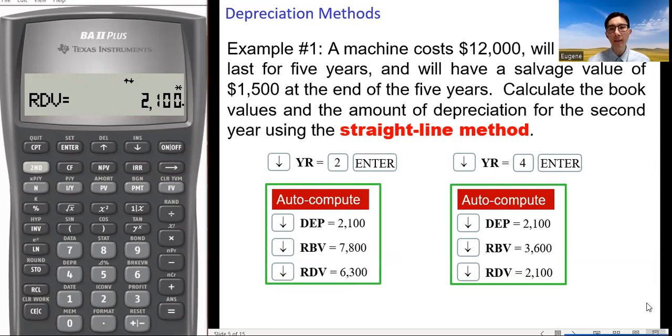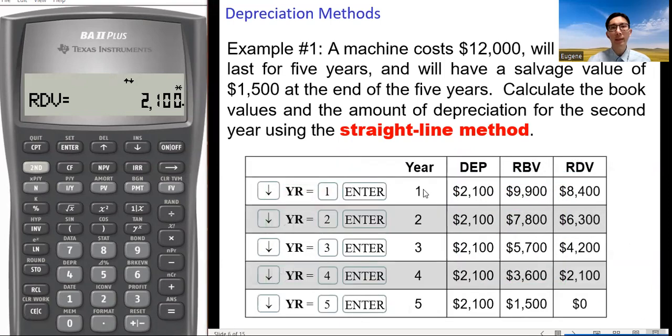And using the calculator, we can get the depreciation schedule. Starting from year 1, we enter 1 for YR, enter. Press the down arrow key to get the necessary quantities, DEP, RBV, and RDV. And then press the down arrow key again. And then you can press 2 and then enter. Or if you want to increase the value for YR by 1, you can simply press CPT.